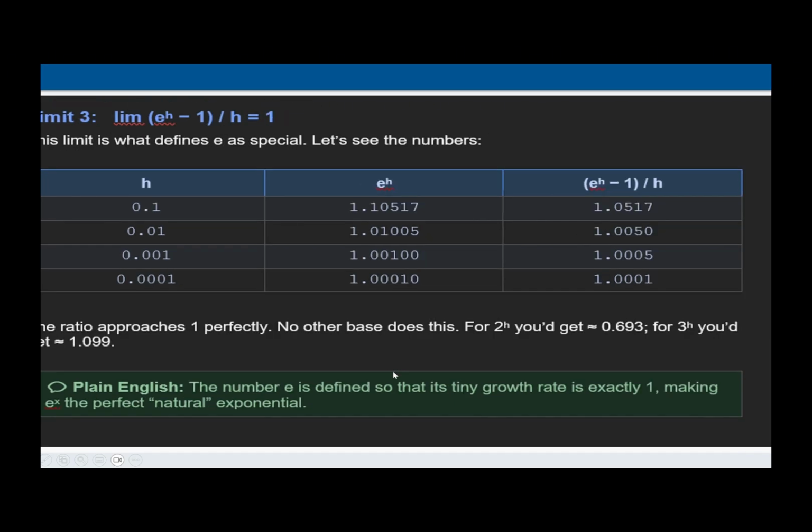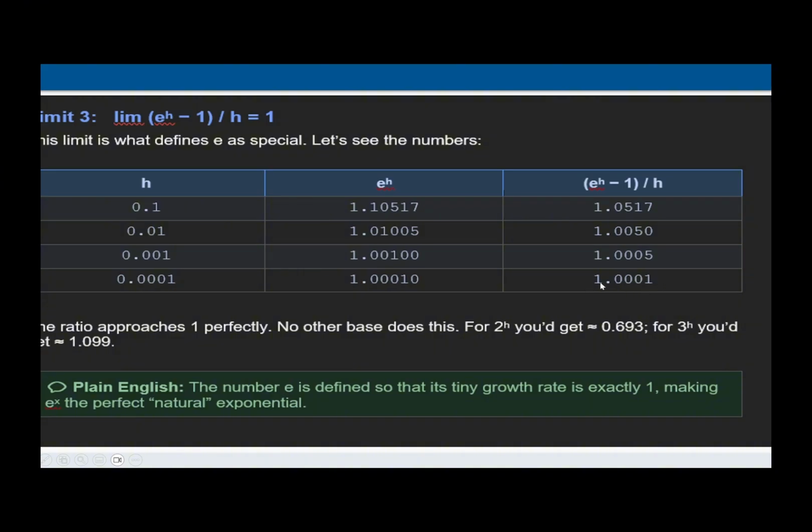Okay, so limit 3 talks about e to the power h, the exponential. The limit of (e to the power h minus 1) divided by h equals 1. This limit is what defines the special number e. Let's see: h of 0.1, e to the power h gives you 1.105. Put into the formula, let's see the result here. When h is reduced to 0.0001, e to the h is still 1 point something, and when you divide it, you get exactly